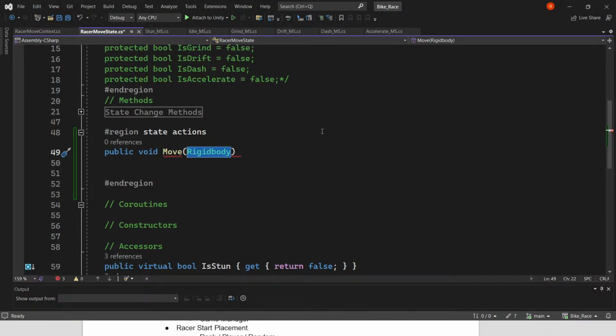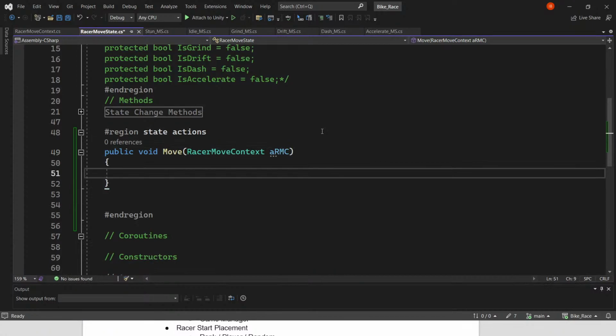Just pass itself in. So let's do that actually. Show you some more ways that you can thread things through. Let's get our race move context as RMC, and then we'll take our RMC